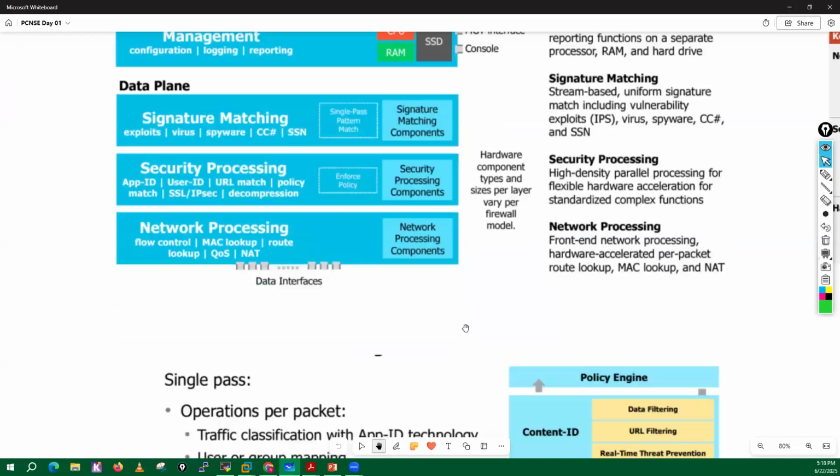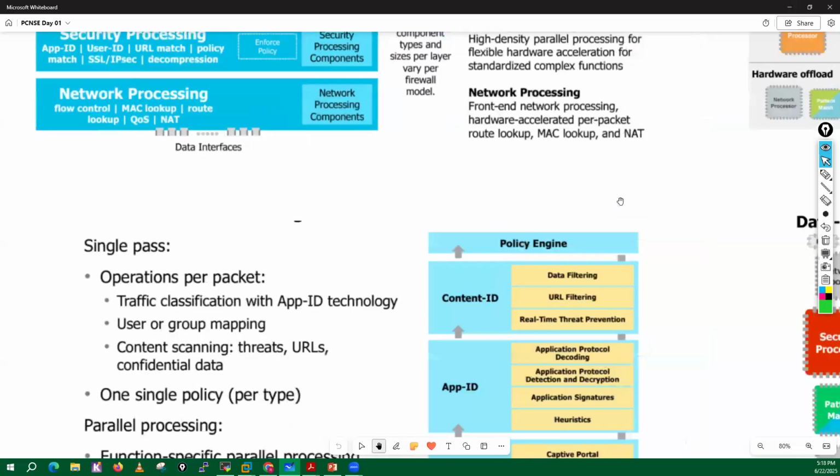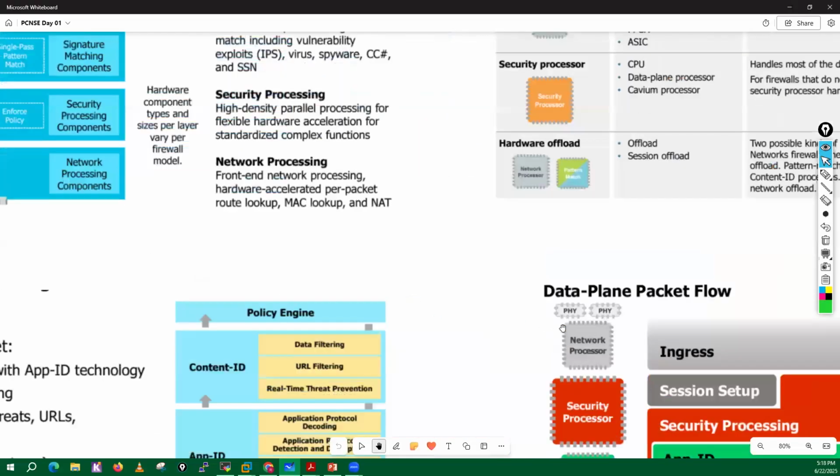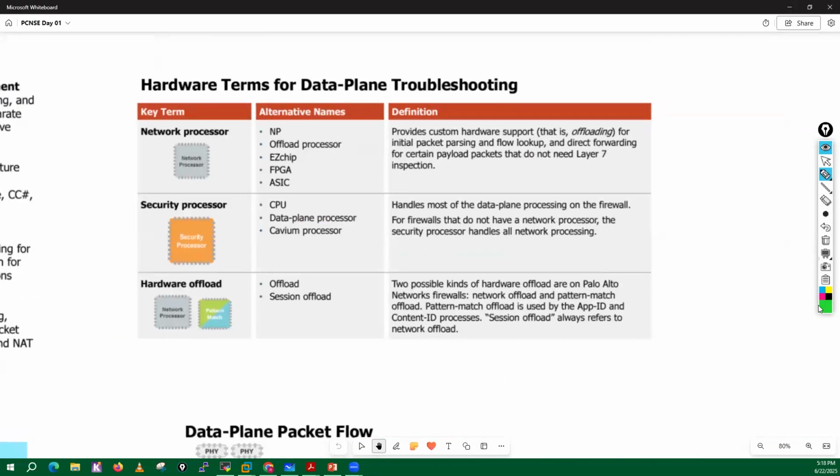Now, one more thing I wanted to tell you. If you see here, some details I have written. Your network processor is an offloader processor: FPGA, S6, EZ chip. For the security processor, we have a CPU, a multi-core processor, and sometimes you will see the KVM chip or the Octeon chip.